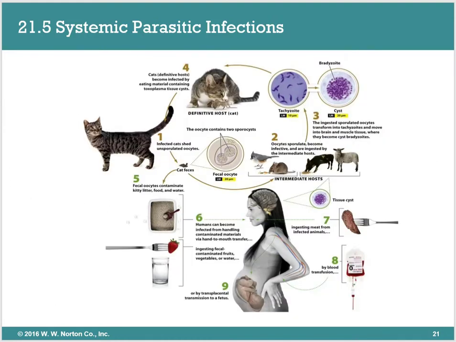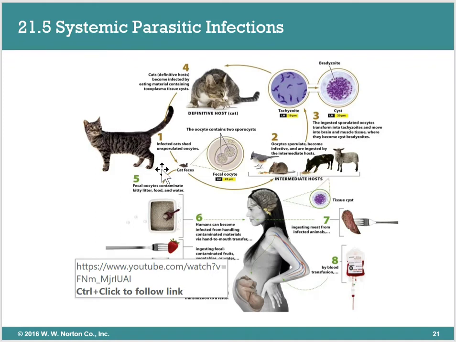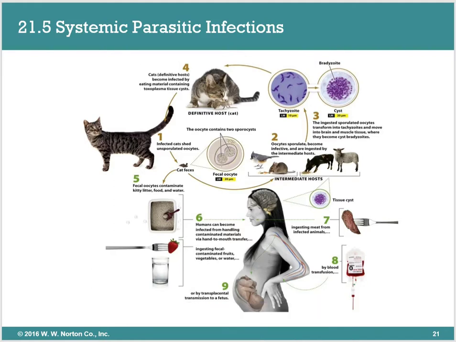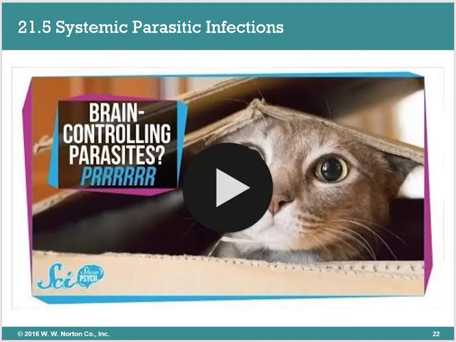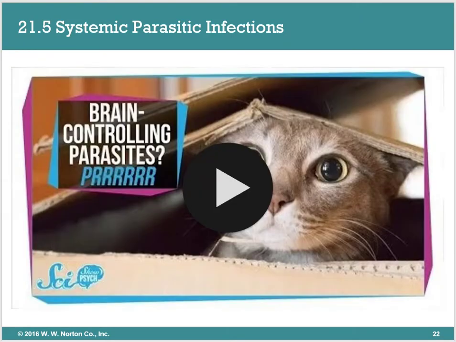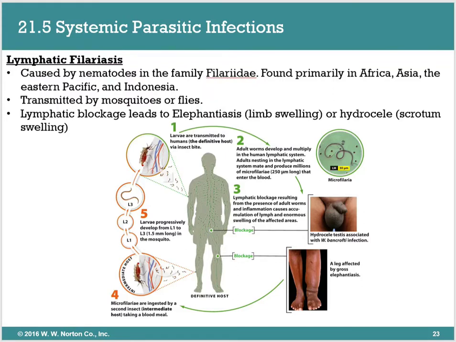So here is the general life cycle and pathogenesis of toxoplasmosis. Like I said, I do also have a video linked to this, so definitely take a look at it. So like I said, if you're pregnant, you can be around cats, but you can't do the litter. Okay, so like I said, here's a video that goes over this figure. And then we only have this last slide.